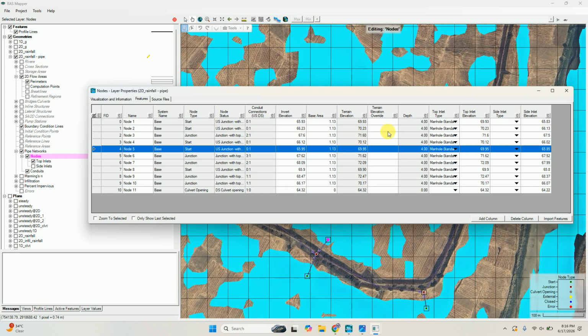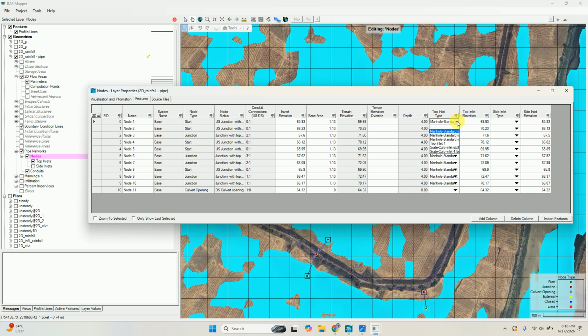And after that you will find the depth you have given, 4 meter, and which type of inlet you are giving to the model. Here I have given manhole standard. Okay, so there are grate inlet, curb inlet and other things you can find. You can apply any one on the basis of your requirement.